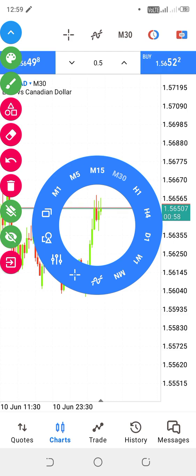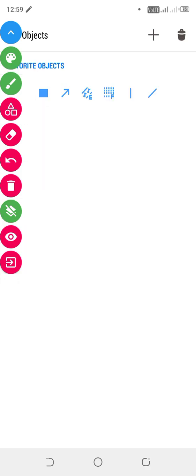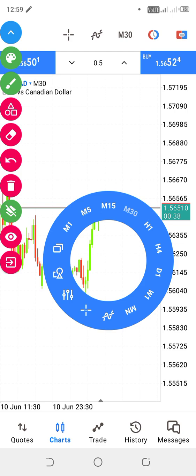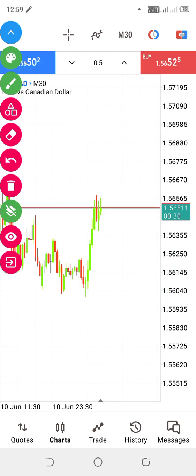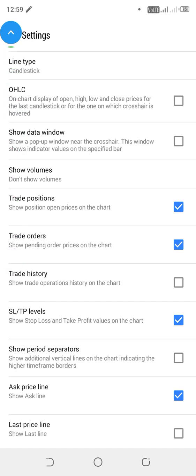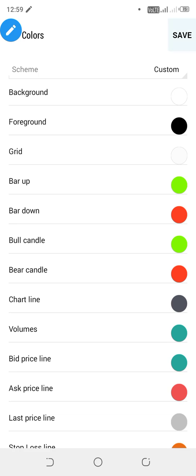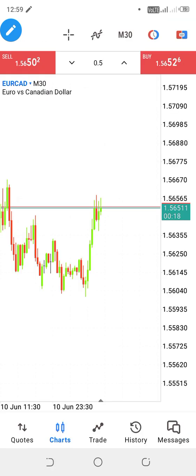So now when you click this tool right here, this one is going to allow you to add a specific object. So for instance, I could add an arrow. Let's say I'm explaining something, I'm anticipating that the market is going to drop. As you guys can see, there it is, right? So there's different tools that you can find there that you can actually use. But if you want to tweak your settings, you can simply click right there, right? So let me click that. As you guys can see, we have different options right here. We can change the candle colors and whatnot, right? And then as for